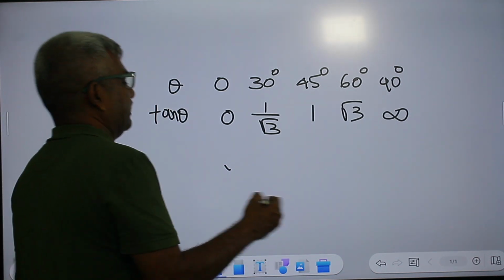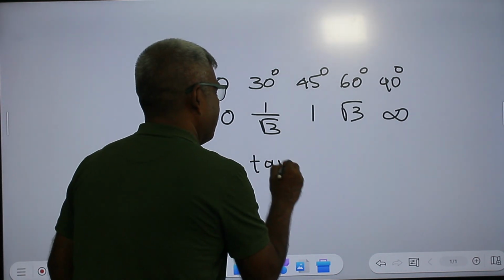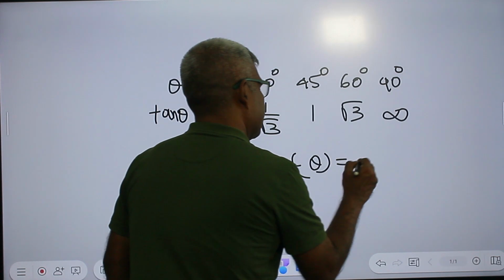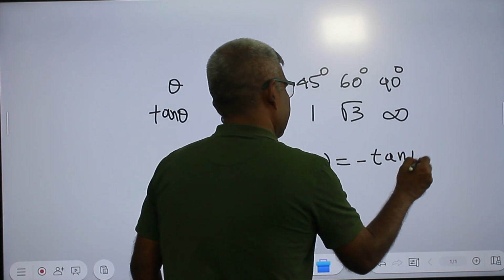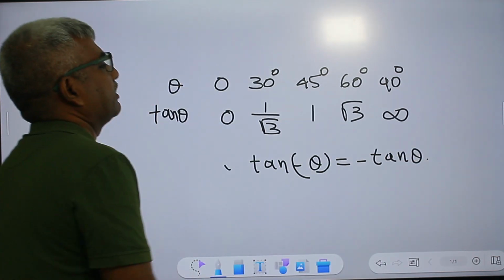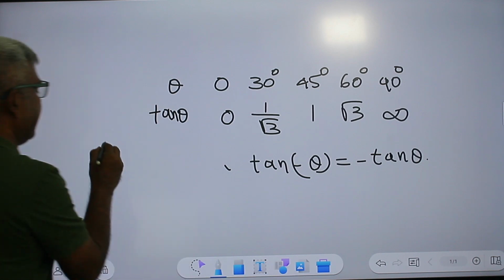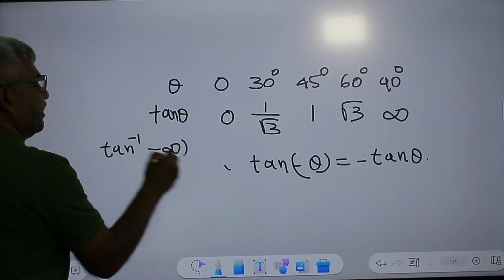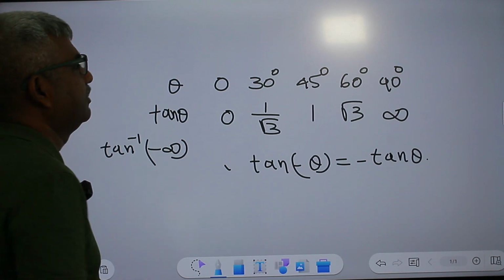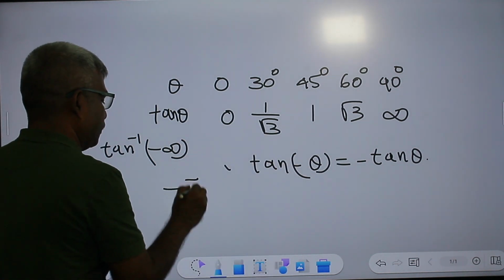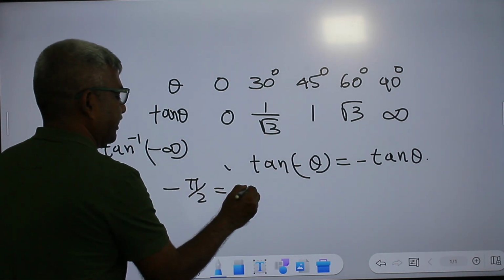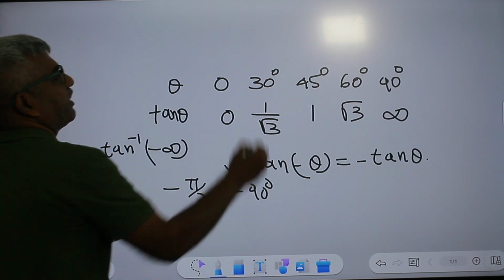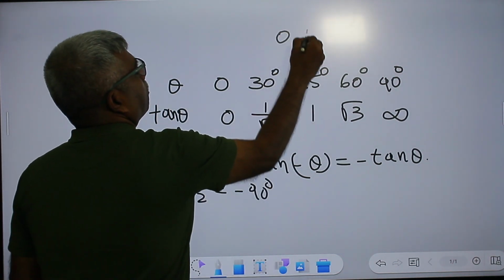Okay. Tan minus theta is equal to minus tan theta. So suppose tan inverse of minus infinity, what is the value? Minus pi by 2, that is minus 90 degree. Got it? For example,